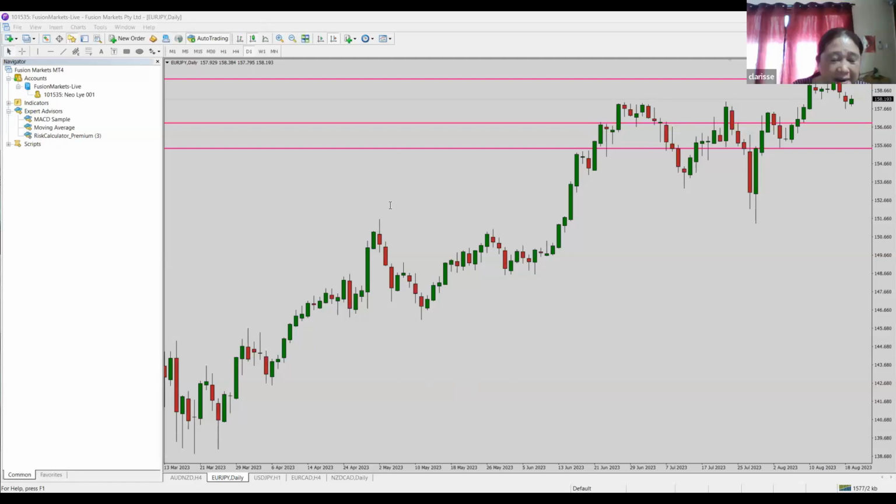Risk calculator for MT4. Size calculator.